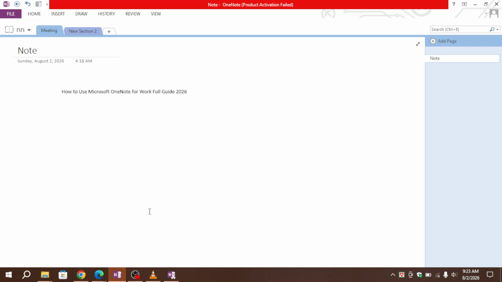Hey everyone! If you store sensitive information in Microsoft OneNote, such as personal details, financial records, passwords, or confidential work notes, it's a good idea to add an extra layer of protection. OneNote allows you to password protect individual sections, so only people with the correct password can view them. In this tutorial, I'll show you how to password protect notes in Microsoft OneNote step by step, so let's get